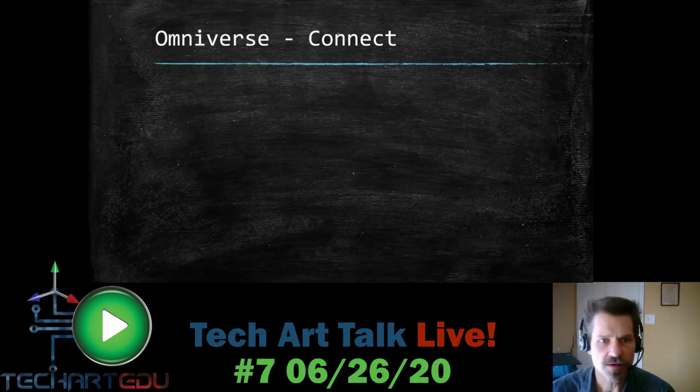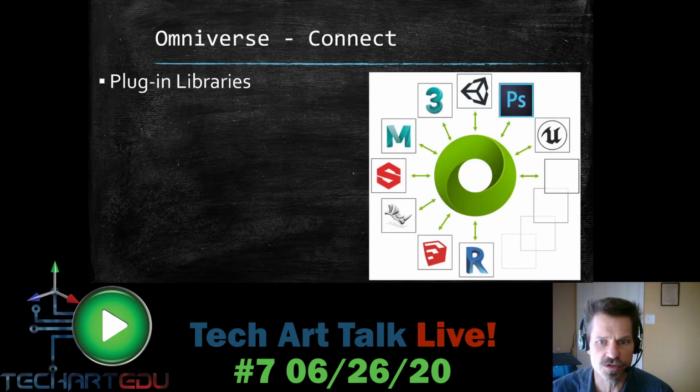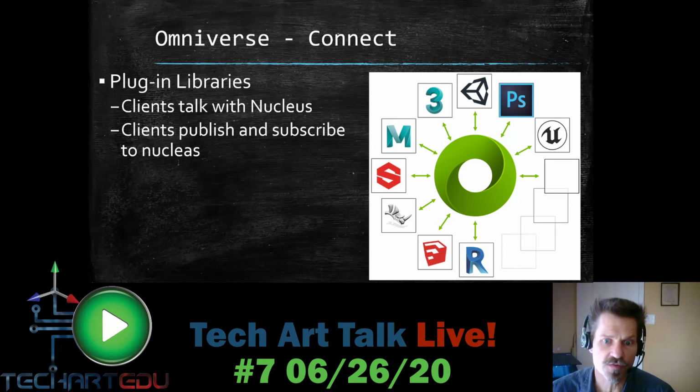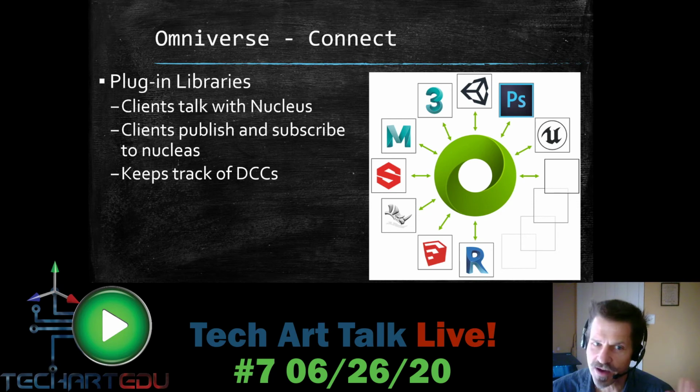Okay, cool. Another aspect of Omniverse is Connect. This is the actual library that hooks into whatever DCC you're using, which could be anything that displays CGI. And NVIDIA is trying to do this Herculean task of creating these plugins for each of these DCCs, maintaining them, and keeping track of all these things, which is an amazing task. I don't know. In my humble opinion, I don't think